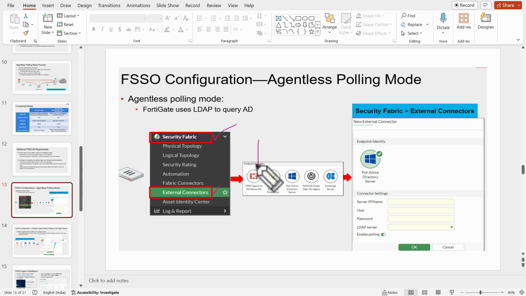On this page we have to select the FSSO agent on Windows AD. Once we click on this, we'll get a new external connector web page. On this web page, we have to define the server IP address, username, password, and AD server.